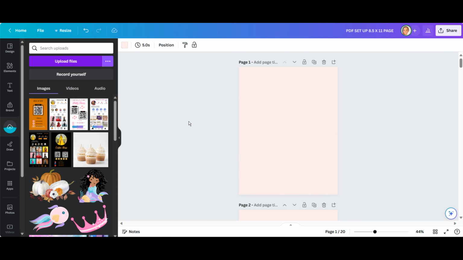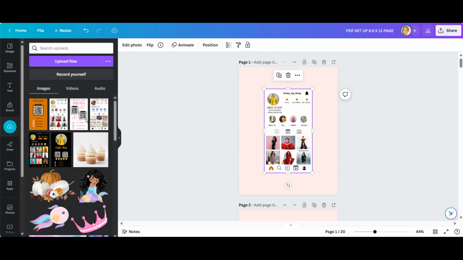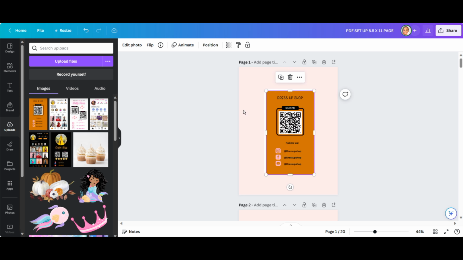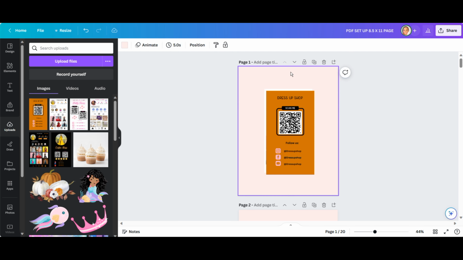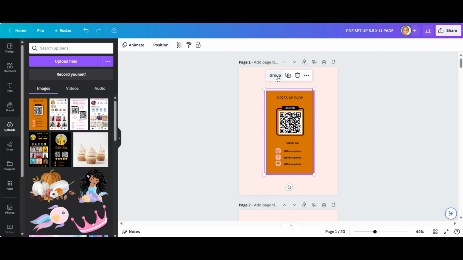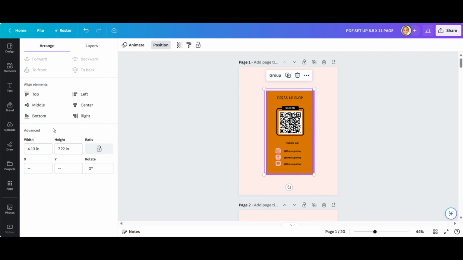So I quickly want to show you an option if you wanted to actually print your business cards at home, and if you have an inkjet printer, which I do. It could work with laser too, but if you have an inkjet, I'll show you how I printed them from home. So I saved my front and back page of my business card as a PNG and brought them into